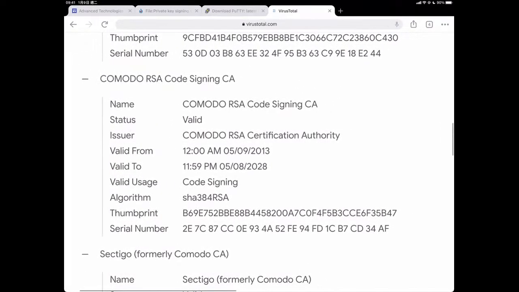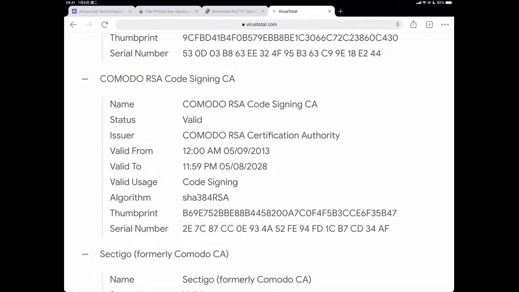Or for example, right here, this signature is not expired, because it's valid until 2028, and its status is valid, which means it is a valid signature. However, you can imagine that a signature is a chain.